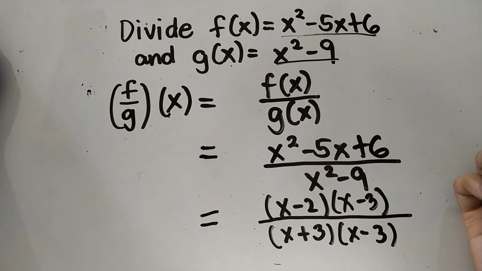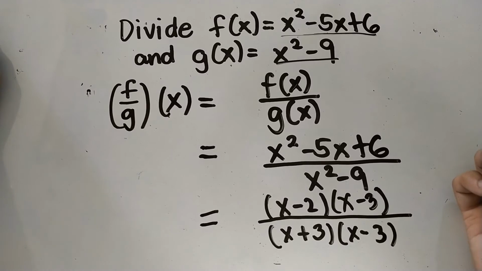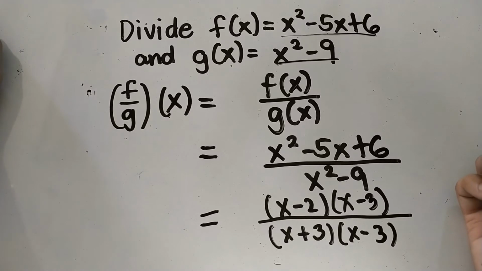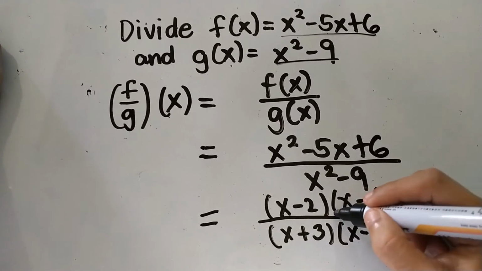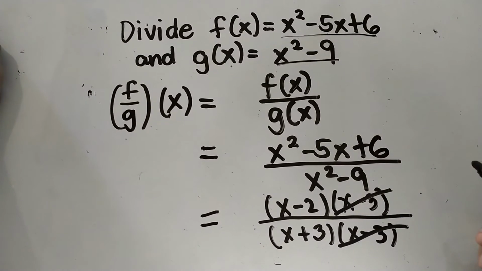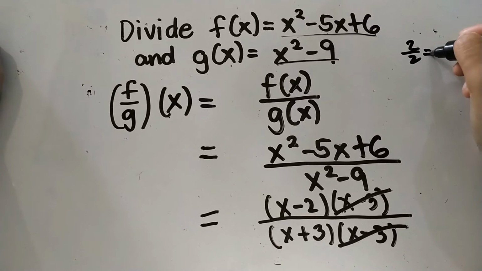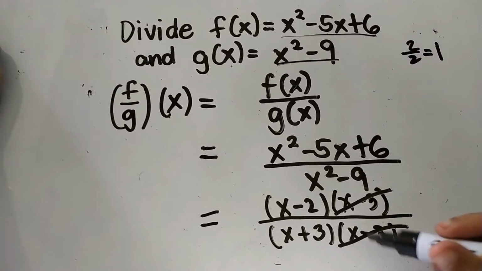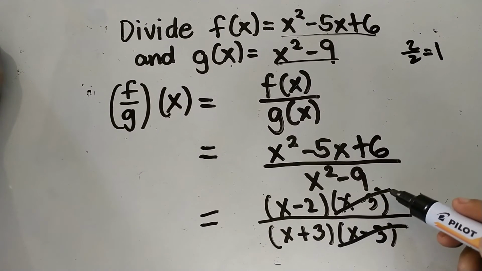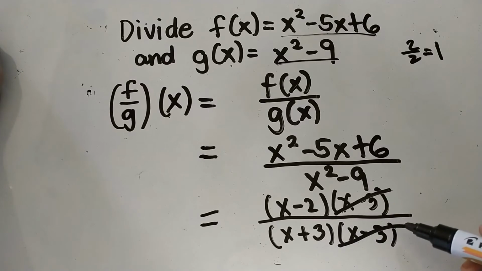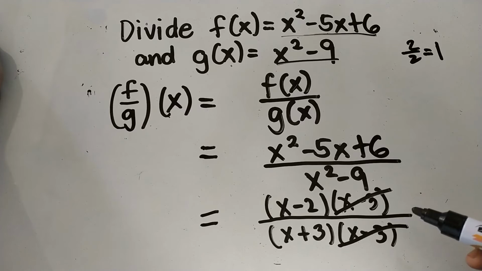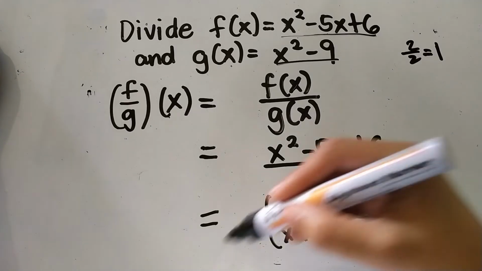Do we see a common factor in the denominator and the numerator? Yes, we have a common factor which is x minus 3. When we divide that, the answer will be 1. Bakit? 2 over 2 means it's 1. So, if this factor in the numerator has also the same factor in the denominator, it is considered as a 1. So, what is left is,